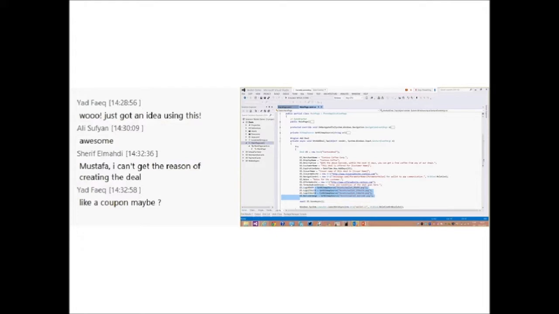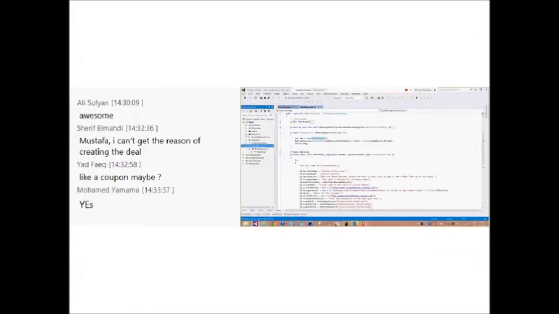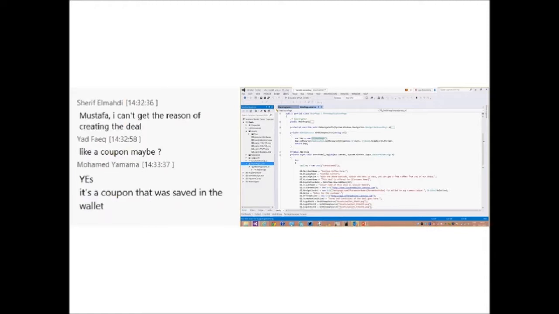Here, how I set the image. I just write a custom method which is called get bitmap source. You can give any name to this method. Here I create a bitmap image, and I set the source of this bitmap image from the image that I put into my application's resources. If you open the assets, you will see all these images in different sizes. You can use any of them,